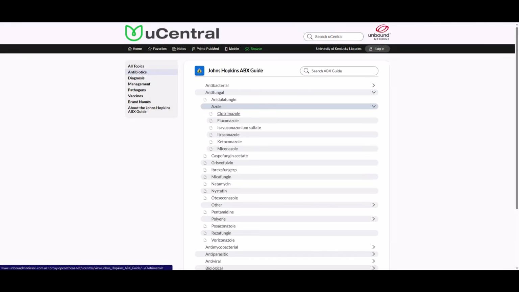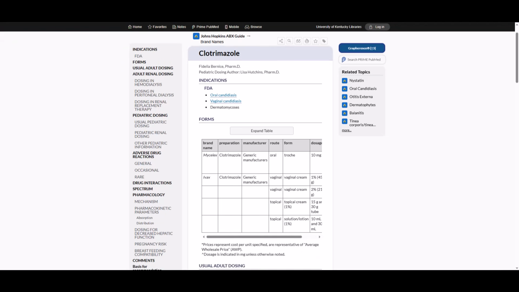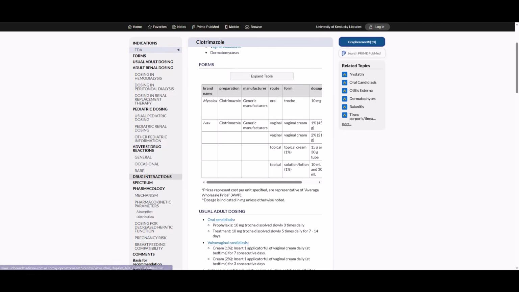If I click on a drug name, you can see it's actually fairly close to Lexidrug in the fact that it provides information like adult dosing, pediatric dosing, complications or dosing, adverse drug interactions. But it goes into a little more detail in the fact that it provides a little more in the way